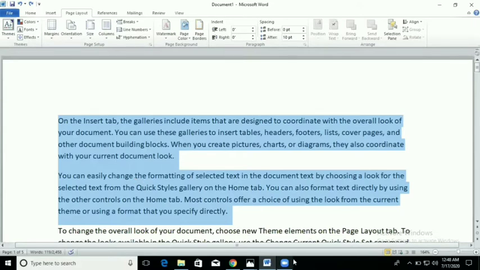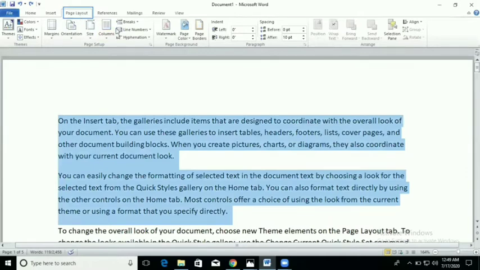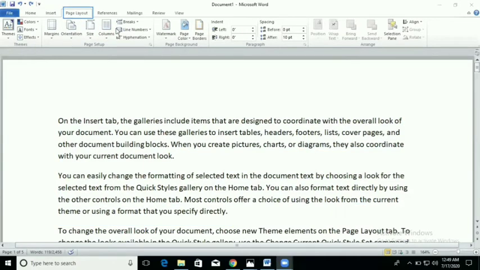After selecting the paragraphs, I will go to the page layout tab. When we click on the page layout tab, you can see there is page setup.